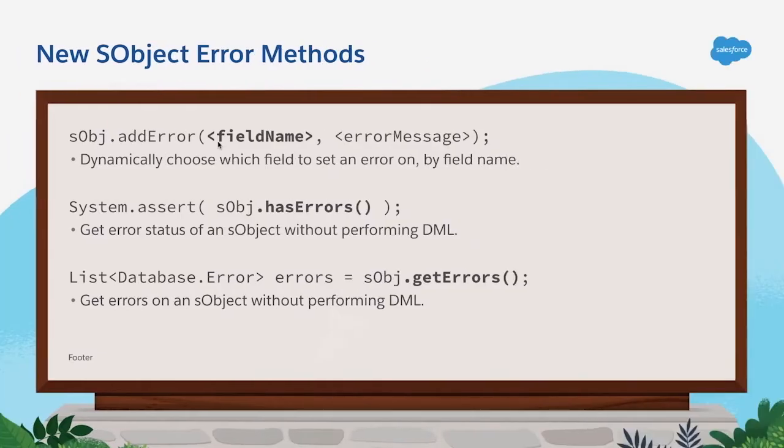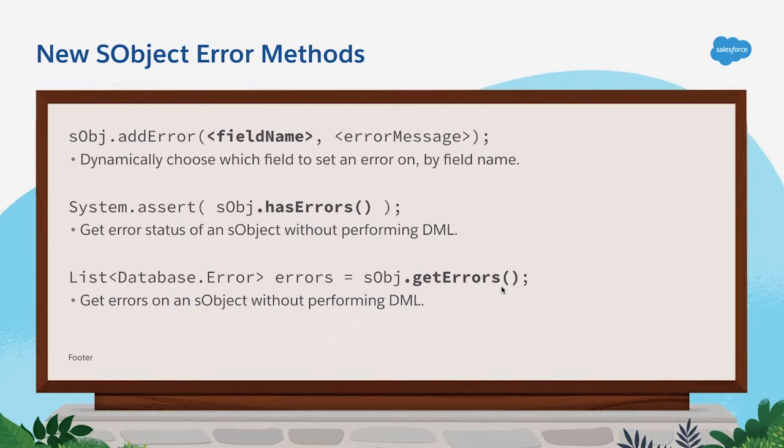Now let's move on to our second new Apex feature, the new SObject error methods. We've added 3 new capabilities. The first is a new variant of add error that lets you choose which field to apply an error to at runtime. This allows you to write generic validation functions and get great UI results, with errors displayed next to the problematic fields. The next 2 methods we added, hasErrors and getErrors, allow you to unit test validation without doing